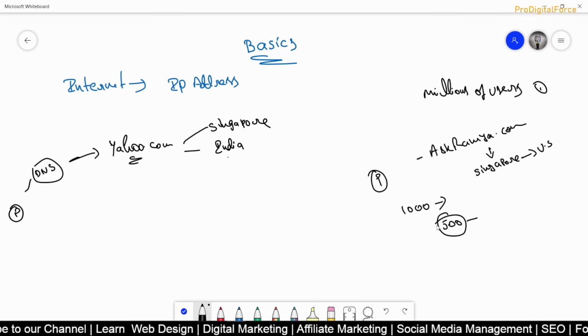And the second thing is your reputation. If your website goes down, when you're doing a very good job, people started following you and giving you good feedback, all this, right? Suddenly, if your website goes down, that will create a negative impact. That means you not only lose these 500 people, you will also lose the reputation.